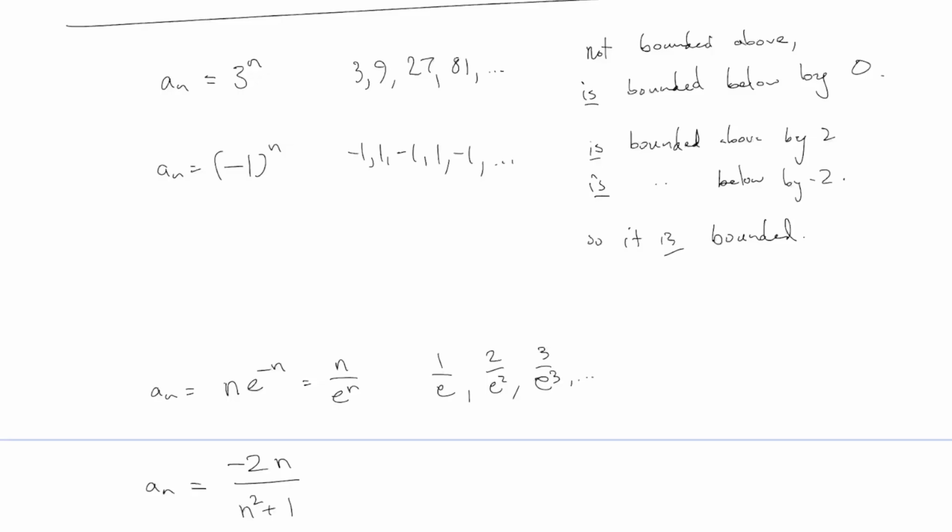These are a little weird, like I don't especially know what those numbers are without using my calculator, but one thing I can tell you is they're all positive, so that means this is bounded below by 0. This is an obvious thing that you should be looking for if the terms are always positive, or if they're always negative, you can immediately say that. So this one is bounded below by 0, because they are all positive. What about bounded above?